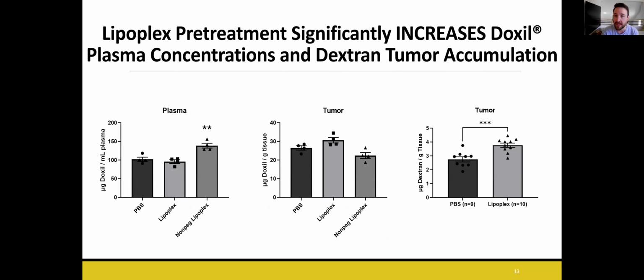So the interesting thing about this data was that when we pre-treated animals that were tumor bearing with lipoplexes and then gave a dose of Doxil, the plasma concentration and the tumor accumulation both significantly increased. So you see on the left, the concentration of Doxil still in circulation is significantly higher than the control. And then if you look on the far right panel, you will see that the dextran accumulation in the tumor, as well as the Doxil accumulation in the tumor, show a trend towards increase and a significant increase for the dextran. So this refractory response is limiting accumulation in healthy tissues, increasing circulation time, and increasing the tumor accumulation of